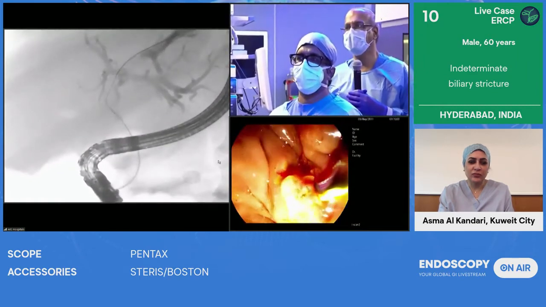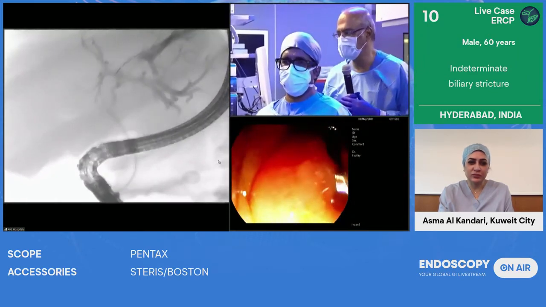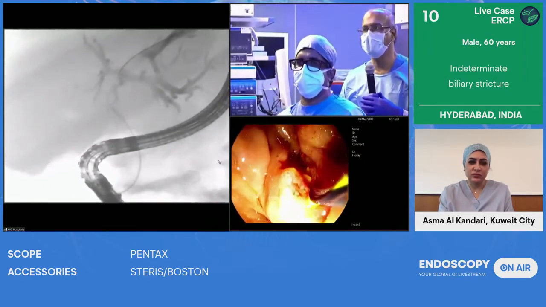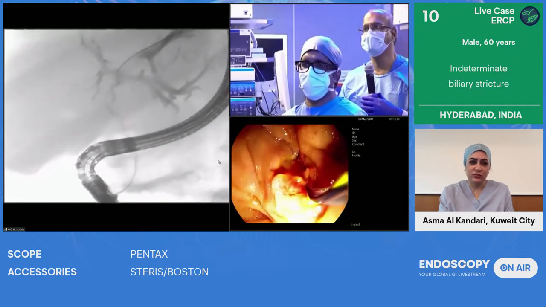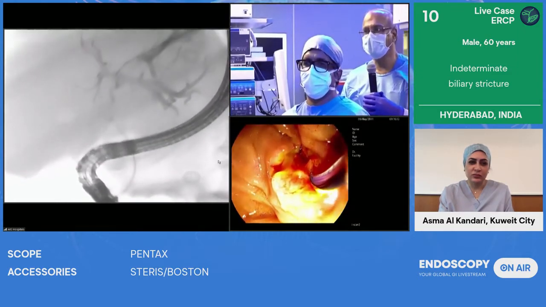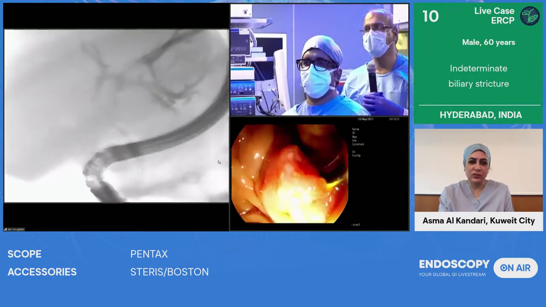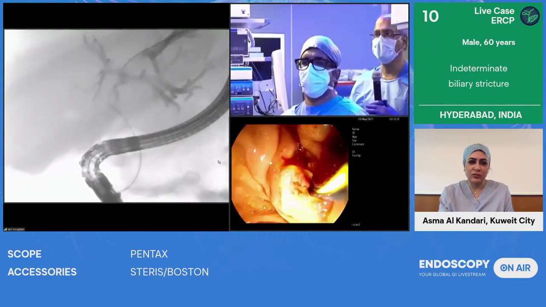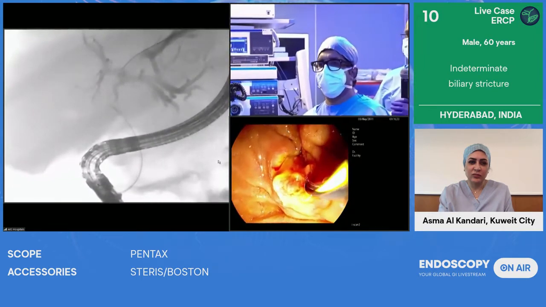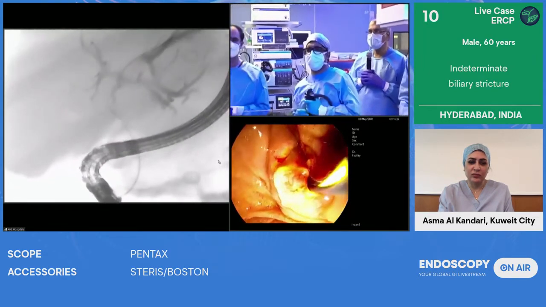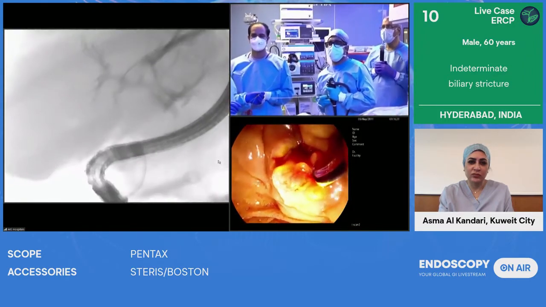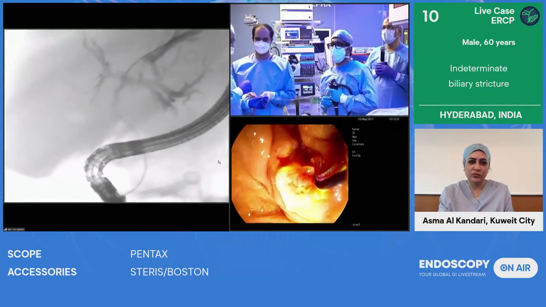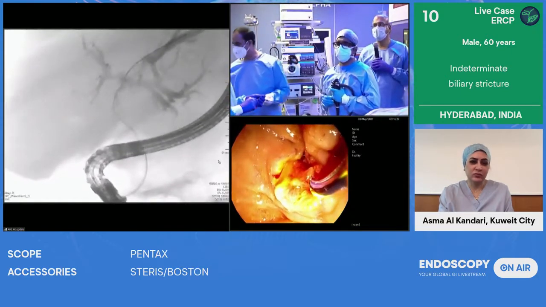So what you can see that what the assistant is doing, Srinivas, is using a Terumo wire, not the standard wire, a Terumo wire, and selectively trying to get it to the right side. There's going to be some difficulty. We'll see what's the difficulty, because the time is only 15 minutes. We'll have to finish this case. We'll see how we can negotiate it through that. And he's using various techniques. Mohan is getting the sphincterotome down there and bending it a little so that it's in the direction. Maybe some injection also sometimes helps, contrast to know the exact origin of the right hepatic duct.